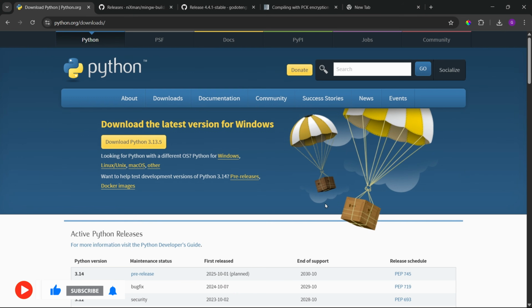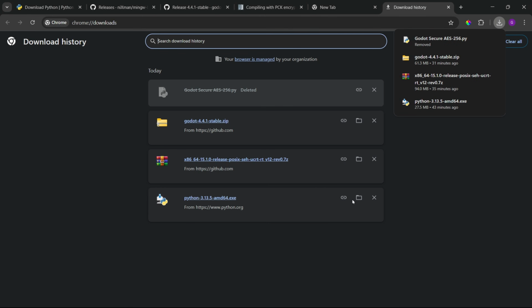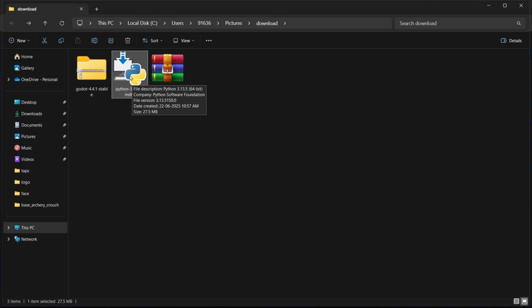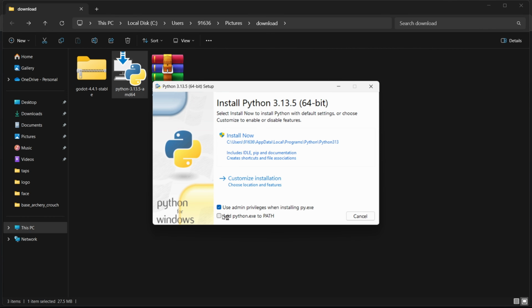So once the download has been completed, double click on the setup file and then make sure you add python.exe to PATH. Just make sure you enable this option and then click on install now. So once it's installed,